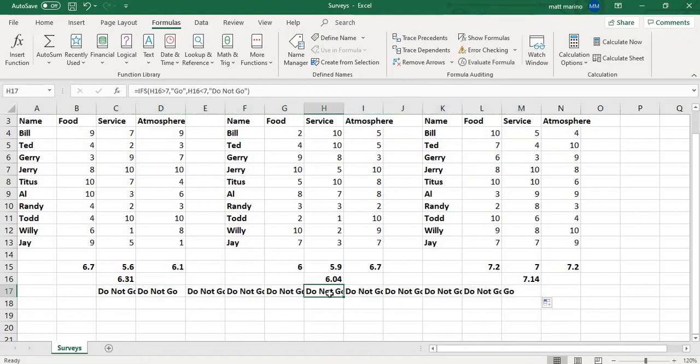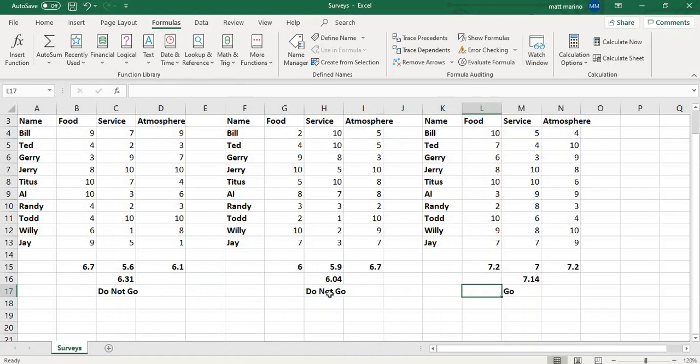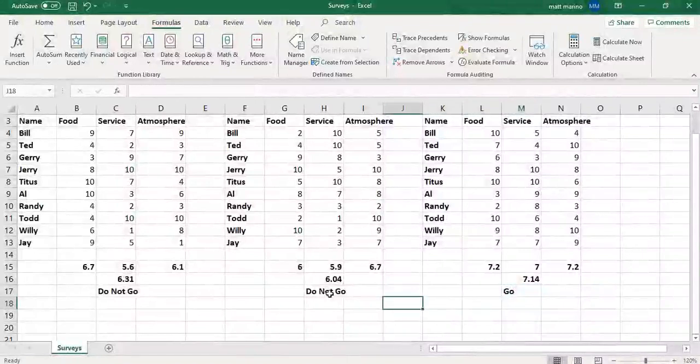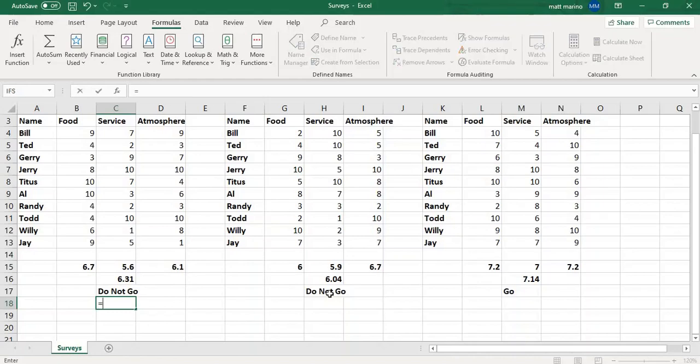And we only want to have something within H17 and M17. So let's go through and delete all of the cells we do not want information. One area, there is a go. We finally want to determine whether or not something is superior or not. With this, we want to use what is called an AND function. We utilize our AND function,